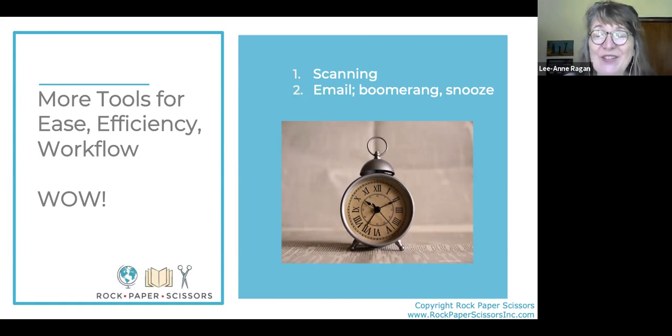Okay, yeah. So Boomerang is marvelous. Basically, if you can type a search and that's working for you, then don't go any further. But if you're constantly trying to think, did the person get back to me or not? Then you can Boomerang something. And when you Boomerang an email, you can say,